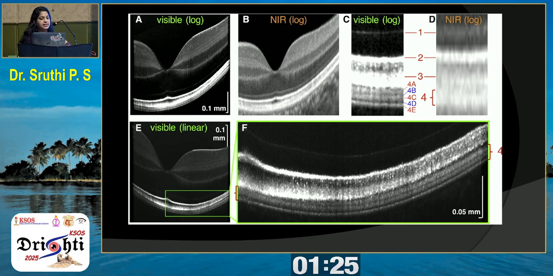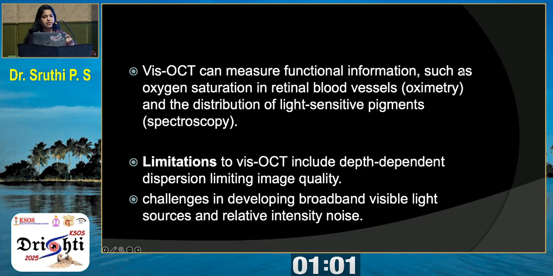So this is an example of visible light OCT. In the left-hand picture you can see the visible light OCT, and this is the near infrared OCT. When we compare the outer retinal zone, you can appreciate the different layers of the outer retinal zone clearly with the visible light OCT. When compared to the near infrared, it's a blurred type of picture we are getting. So this is a useful technique actually,